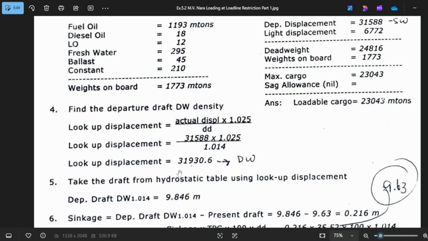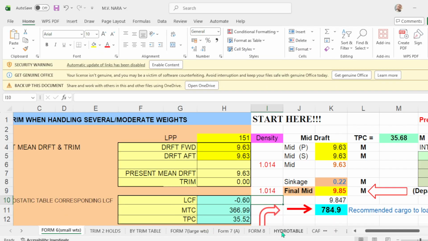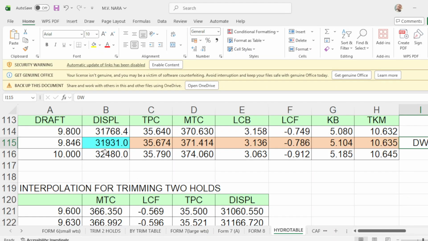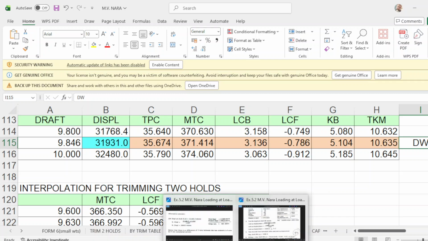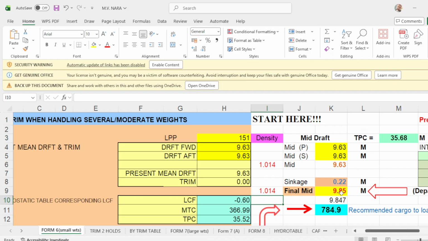So the displacement was 31931, which is this one. The departure draft would be 9.846.